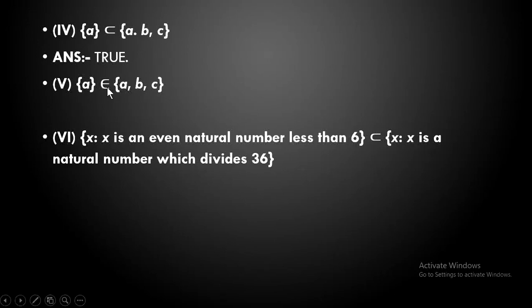Now if you see, a similar one is given over here, but they have given it with this sign. Now if you remember, this sign is the sign of belongs to. One thing I wanted to tell you is that whenever you write this belongs to sign, the first thing is that there should not be a set here. An element only belongs to a set. A set cannot belong to a set. So when you write A belongs to set A, B and C, you have to write only A without the curly brackets. Only then will it be correct.